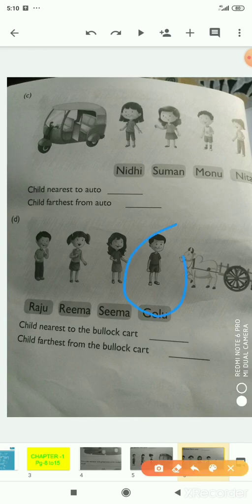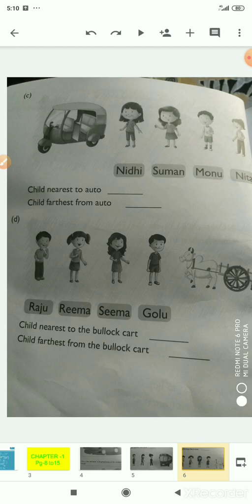Golu is standing at first place near the bullock cart, so he is the nearest to the bullock cart, and Raju, who is standing behind at last, is farthest from the bullock cart among all the 4 children. So in the first blank we will write Golu, and in the second blank we will write Raju. Children, with the help of the picture you can easily understand the difference between